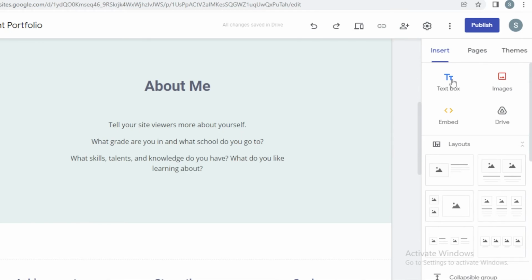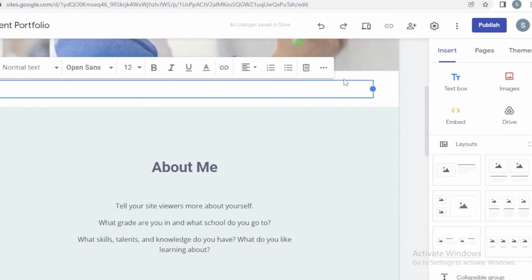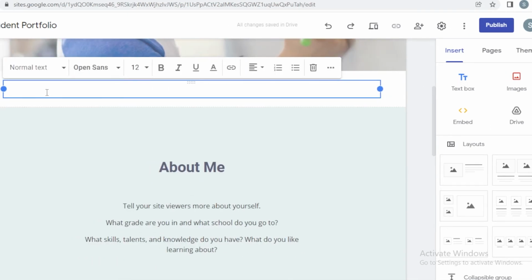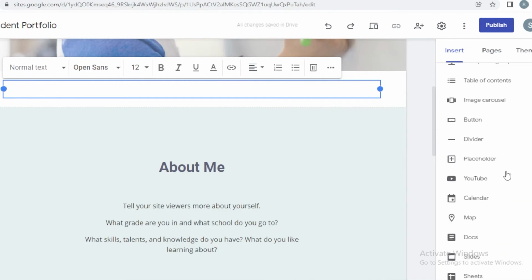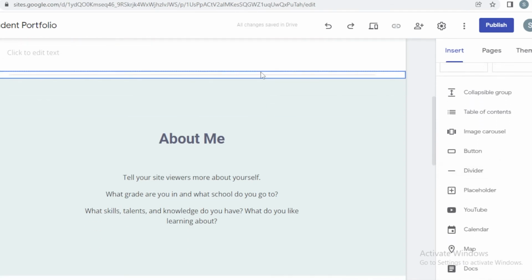So if you want to add another text box below over here, I'm just going to click on text box, and it will create a text box right under the section that I have selected. And I can add, this is a sample only, or whatever kind of actual text you want to add, or you can even add beautiful dividers. So if I scroll into the insert section over here, I can click on divider,